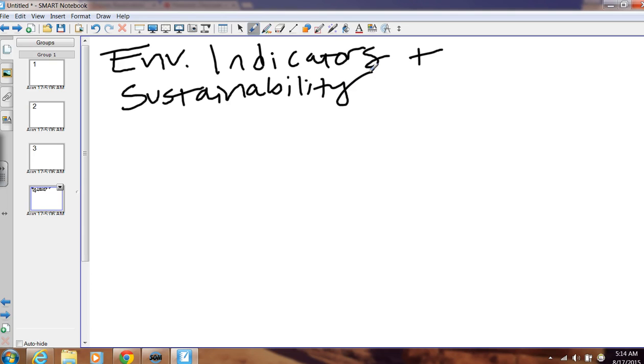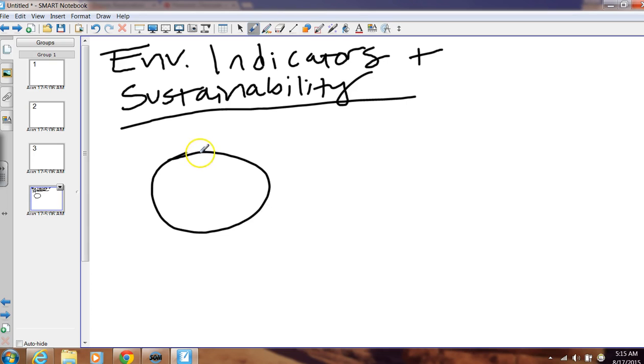So the key environmental indicators and the trends of them over time, that's one of the objectives. And then being able to define really what sustainability is and how it can actually be measured. And we will be doing an activity in class where you are going to measure your impact on the earth using this program online. Okay, so when we think about the earth,